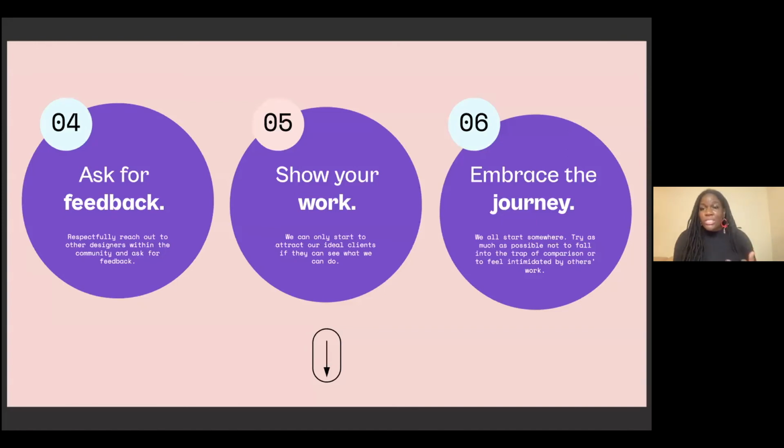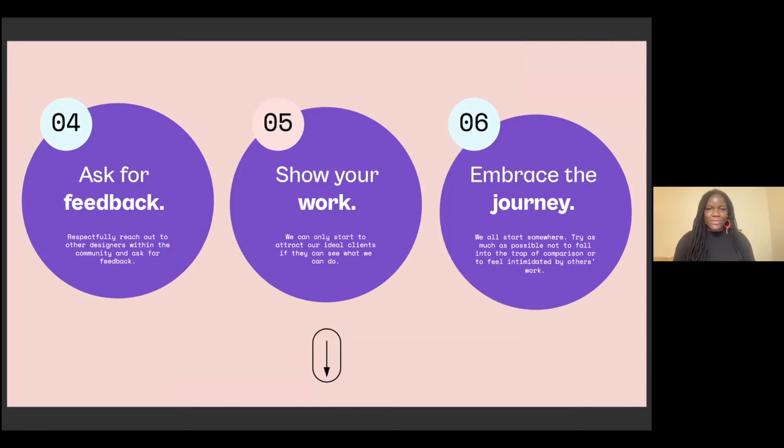What you need to remember is that even the experts were beginners at some point, right? So in their hard drives, they've got a folder that's got a folder in it, that's got another folder in it of things that they were doing when they started out. And I know I have this, and I look at it and I cringe a little, but I'm also super proud of it because I'm like, that is the best that I could do at the stage that I was at. So embrace the journey, and with time, you will definitely grow and you will evolve.